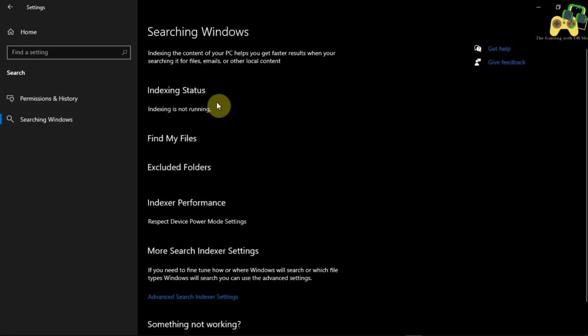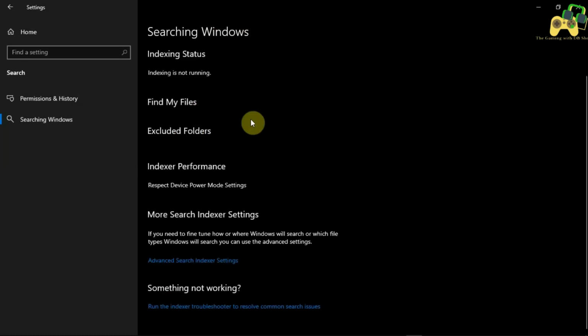So in indexing status, I think it will be either standard or aggressive, for select files or the entire PC. You need to do it for select files, but in a coming step I'll tell you that you can turn this search indexing off completely without doing anything here.